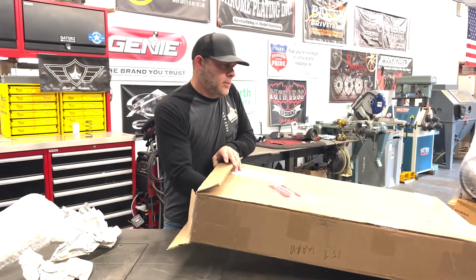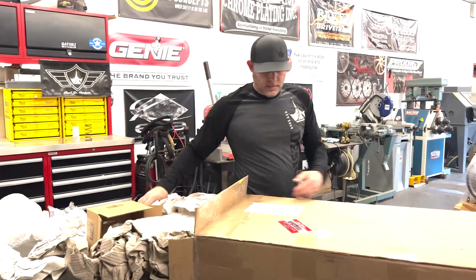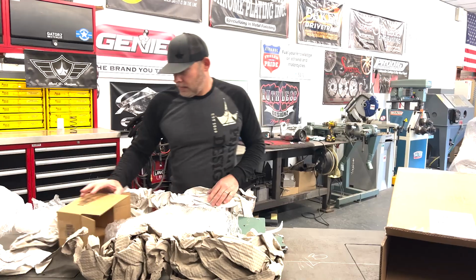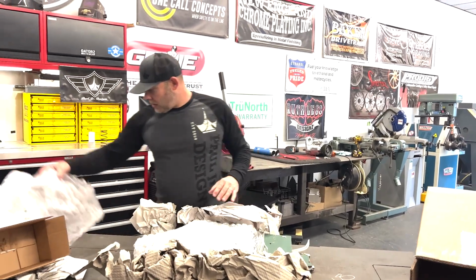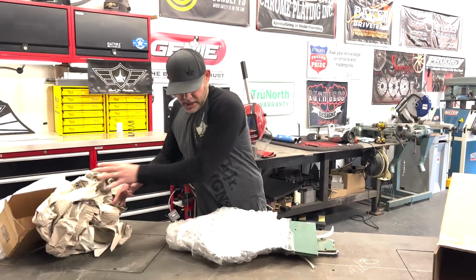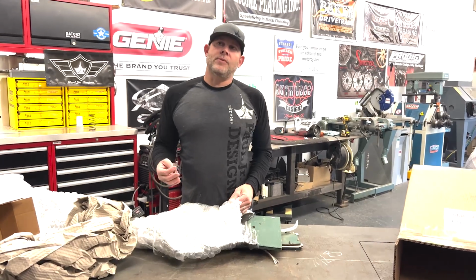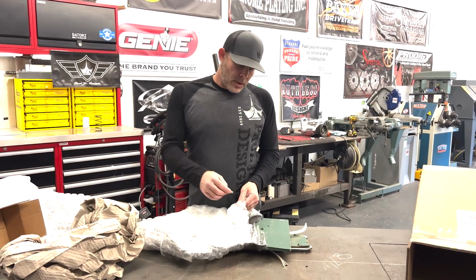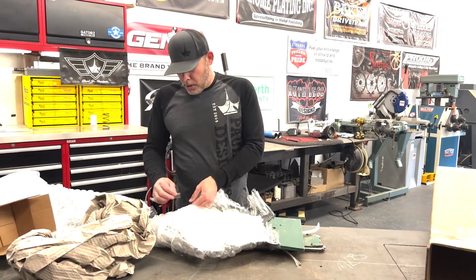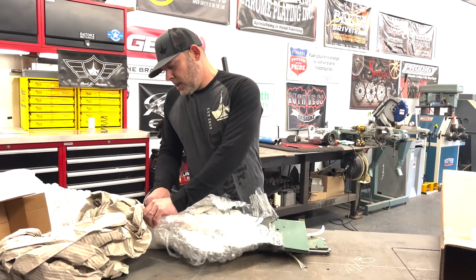Let's see here. So, there she is. Pretty interesting sign. You know, I've been looking for stuff for down in Long Beach Island, down near the shore. Not that I don't have enough stuff here, but I was looking for stuff that was a little bit more oceanic, beachy, I don't know what you want to call it. And I saw this thing, and the guy told me that